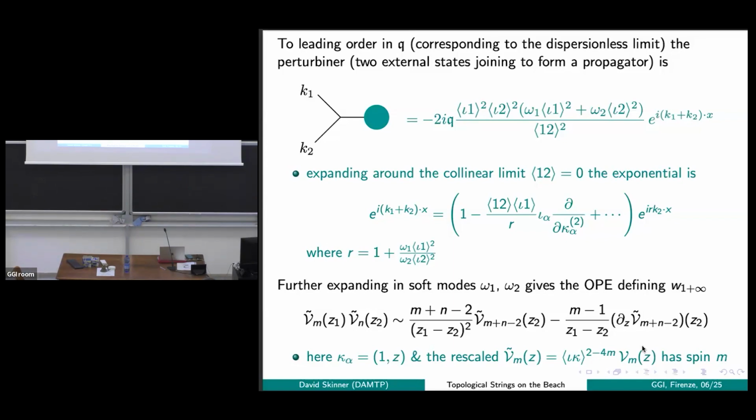In 4 dimensions, you really have 3 parameters labeling your null momentum, right? And so your W1 plus infinity has 2 labels, 2 integer or possibly half-integer labels, an m and a p or something like that. And then in addition, you have some z dependence, which gives you the loop of W1 plus infinity. Now we're just in 3 dimensions, so we should expect 1 fewer label. And indeed, we've just got an m and an n label, and then we get our other discrete label by taking the Laurent expansion in the z's, and there's no further loop algebra from that. So you just get W1 plus infinity.